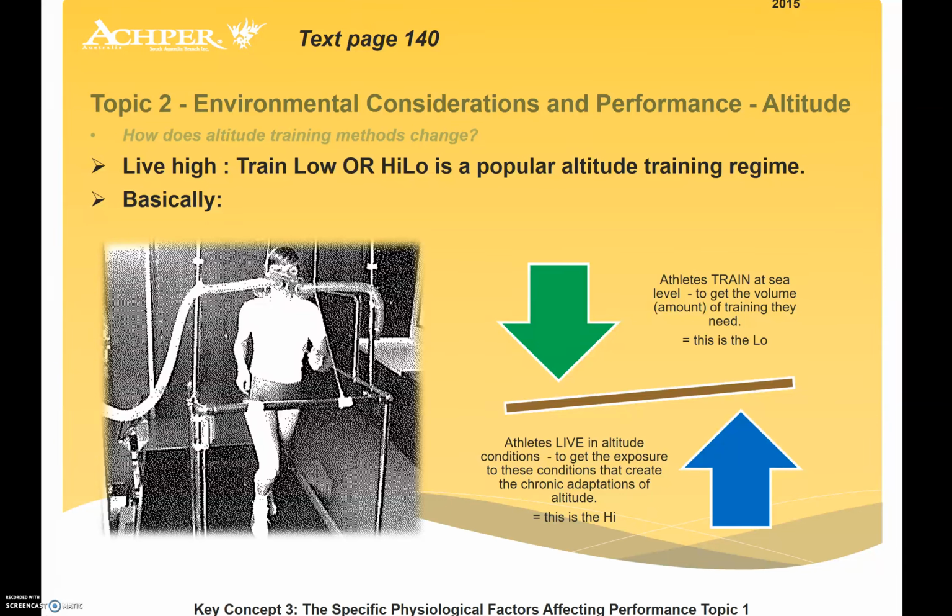So how do altitude training methods change? We have this concept called live high, train low, or high-low, which is a popular altitude training regime. Athletes live in altitude conditions to get the exposure to these conditions to help create these chronic adaptations. This is the high, and then they move down and train at sea level to be able to get the volume of training they need. They might just live at altitude to see those adaptations happen to aid oxygen delivery at rest. And then if they increase their volume of training at sea level,